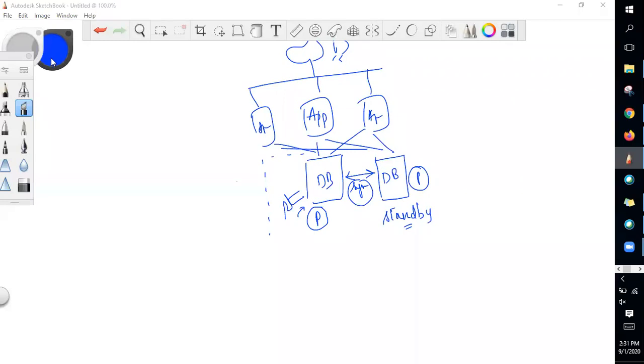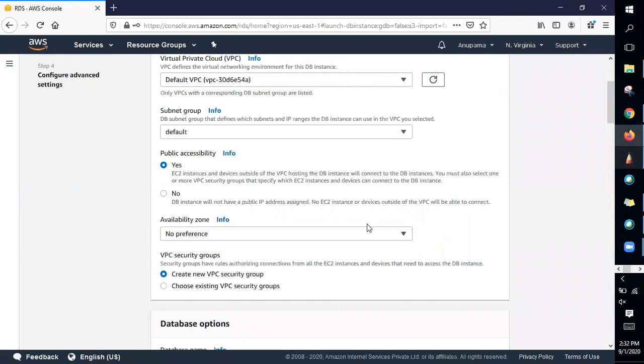So if you just create one subnet and two instances are in the same subnet, there might be a chance of both the databases going down at the same time. So that is the reason you need to select a subnet group. A subnet group is a collection of subnets, and AWS would recommend creating subnets in different availability zones, so that if you enable multi-AZ, your databases would be replicated in different availability zones, in different subnets. So that is the reason we will be defining a subnet group instead of subnets.